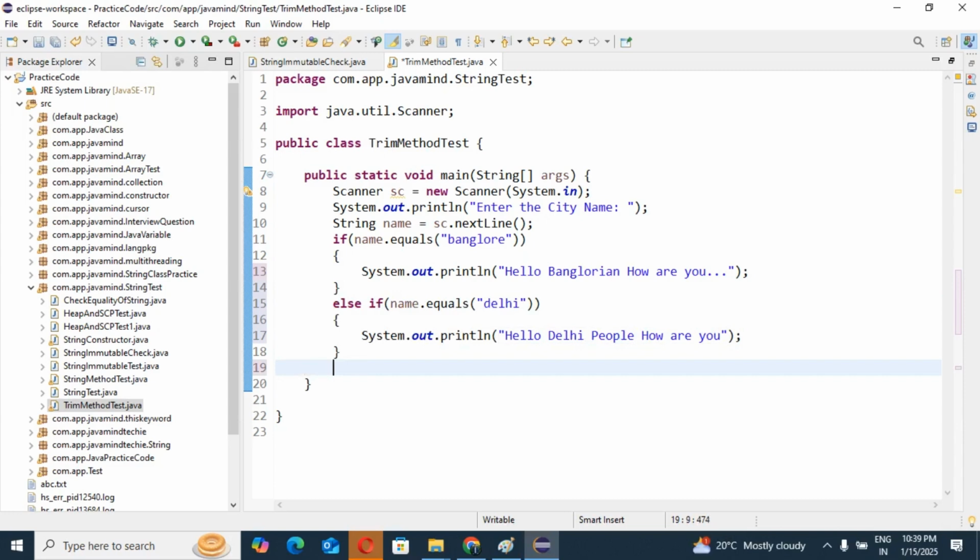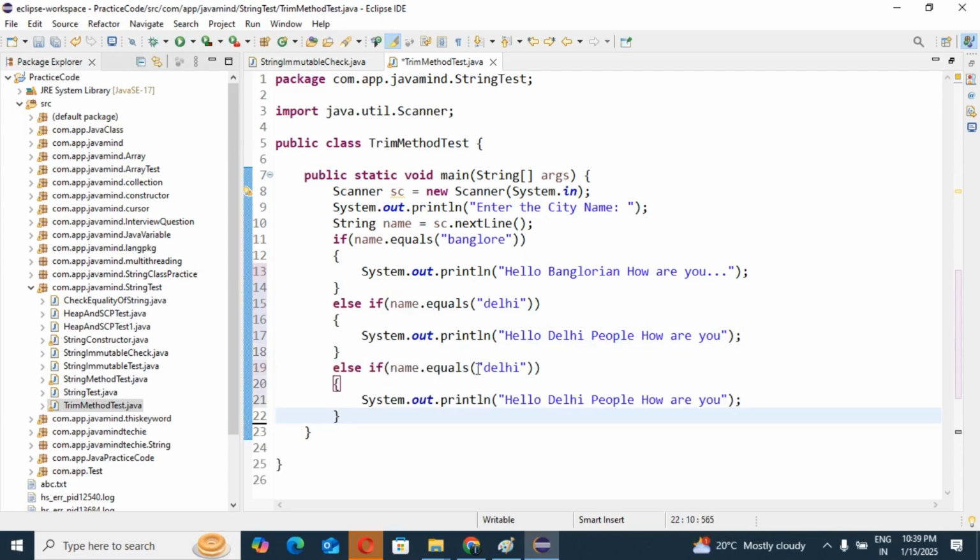Okay, you will get the city as Hyderabad. Then we print "Hello Hyderabadian people, how are you?" Yes or no? So this method also you can print.